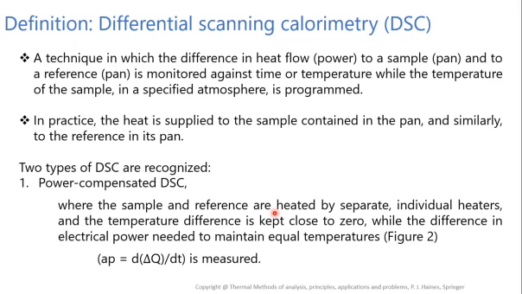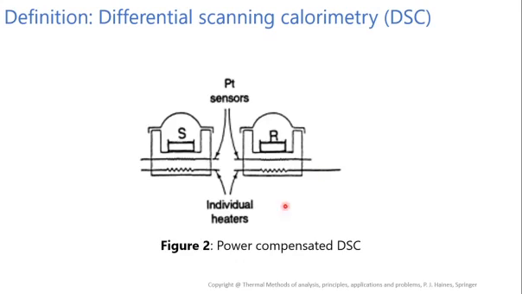So we have to measure dP, the change in the power, delta P, which equals d delta Q upon dt. That is, delta Q means the change in the heat content with respect to the temperature. So we can measure that, and by using this power we can analyze that particular sample. Difference in the power, we can analyze the given sample. So this is the power compensated DSC.